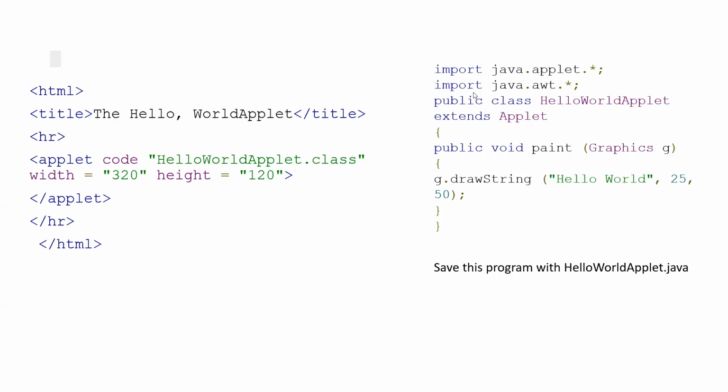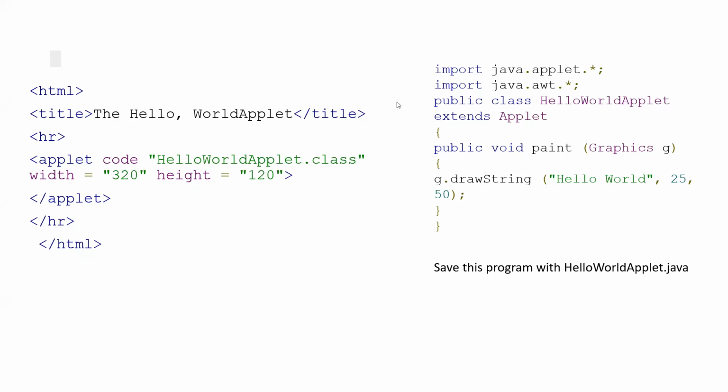Before that, the first method, using the web browser. To execute it, first we have to write one Java program and save it with the .java extension. This is the Java program. Next, we have to write one HTML code. Inside that, we have to use the applet tag. This applet tag is important, it is what recognizes that applet class file. Inside this applet tag we embed this class file, so that whenever this HTML file is executed through the web browser, the applet class will automatically be executed and you'll get the respective output. So this is one way to execute, by using the web browser.